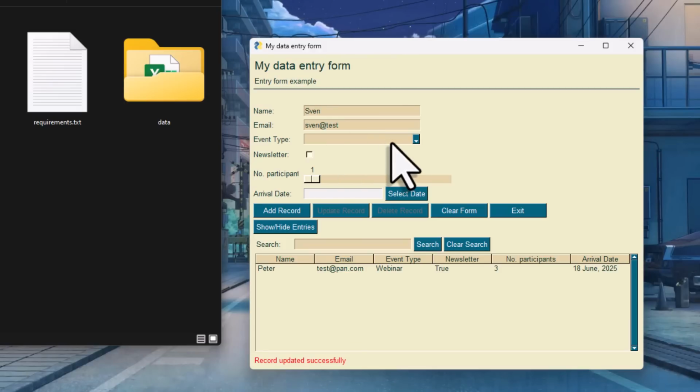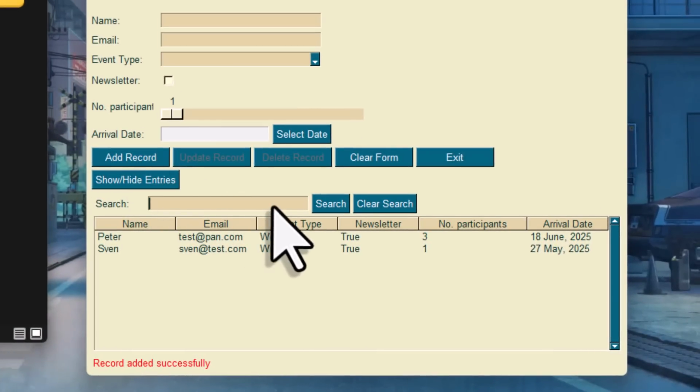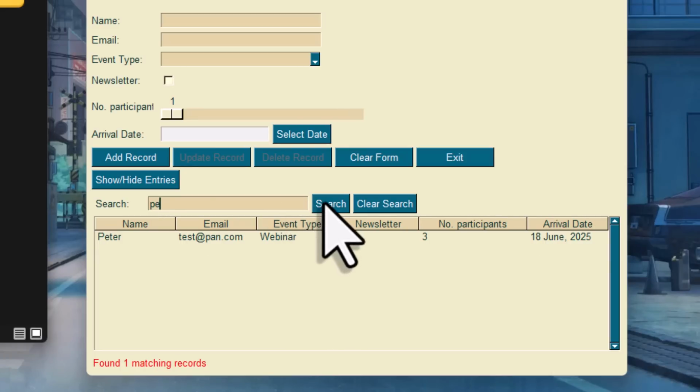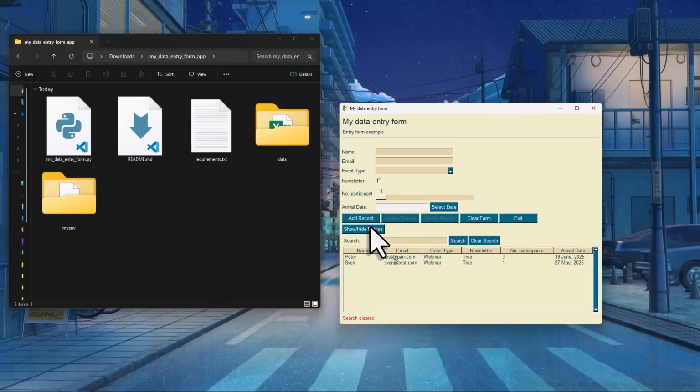Next, let's add another entry to show the search function. Right now we only have 2 entries, but if you had more, you could use the search box to quickly find what you're looking for. So when I type PE and hit the search button, it shows one matching record because of the name Peter. Okay, so next let me clear the search results, hide the entries, and check out the Excel file that was